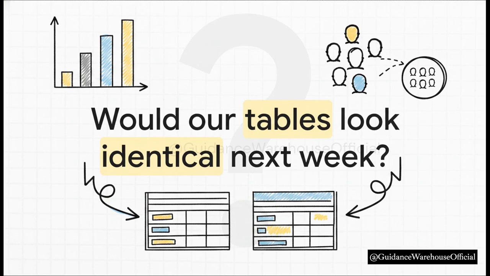But I want to leave you with a final provocative thought. If we repeated this exact same experiment next week, like if we picked a new starting name and sampled a totally different 12 people, would our frequency tables look identical? Actually, no, they wouldn't. That difference? That's called sample variation, and it's this fascinating mystery that we're going to be unraveling in our next